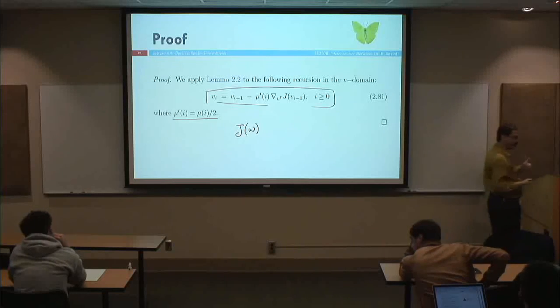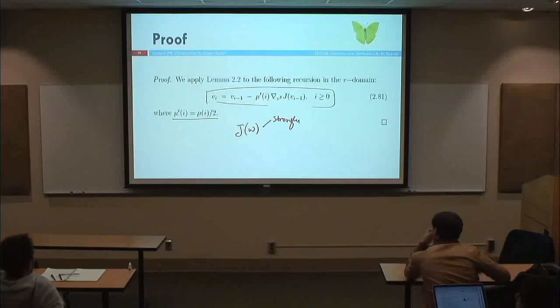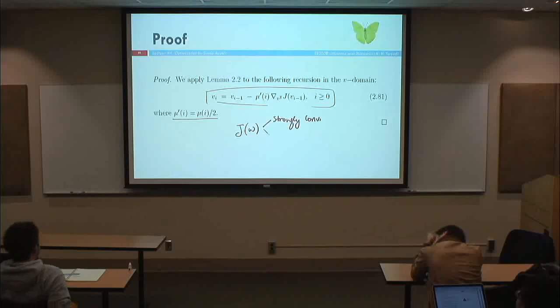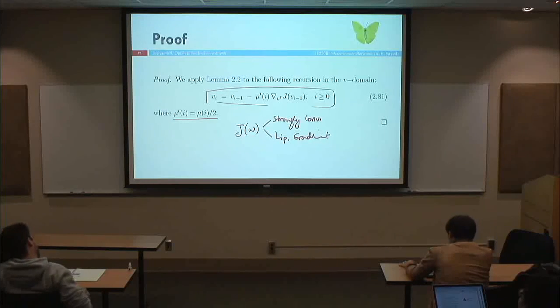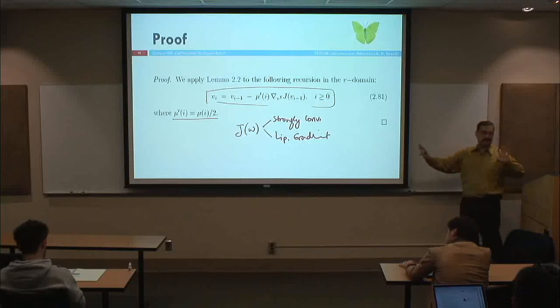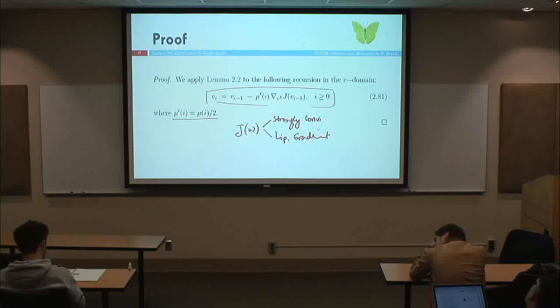I assumed that it is strongly convex, and has a Lipschitz gradient, right? That meant its Hessian is bounded from above and from below, right? And then we showed that if you use a gradient descent algorithm like this,